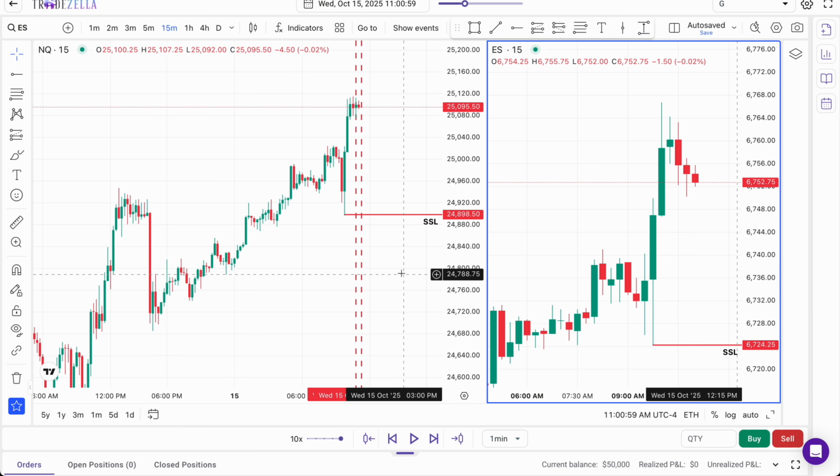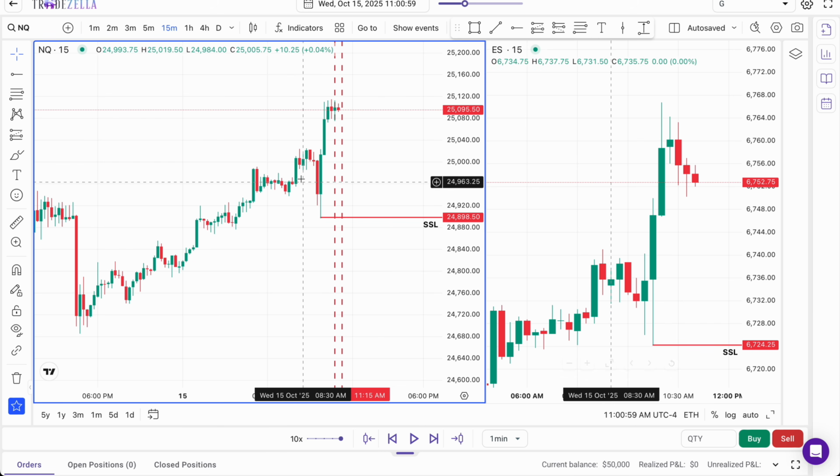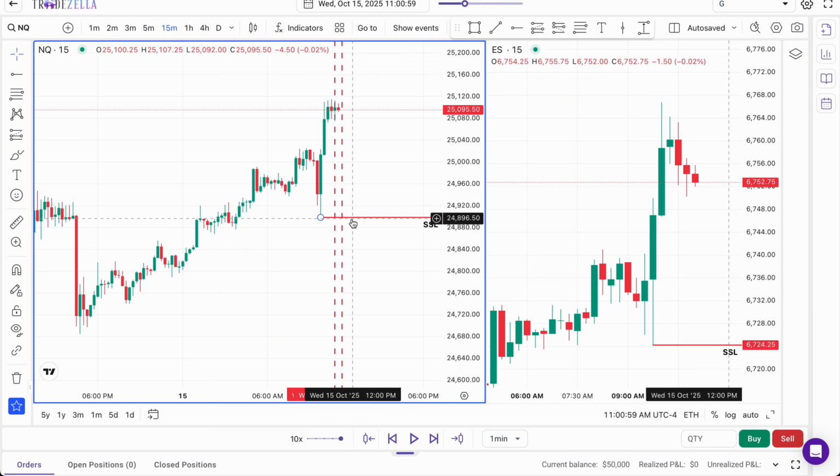So for example, if we are looking for shorts, and let's say price gives us a valid entry to take, and we are targeting this point of sell side, if I then look at ES, and ES has already taken our objective of sell side but not on NQ, then that invalidates the trade with ES already meeting the objective, hence taking TP.